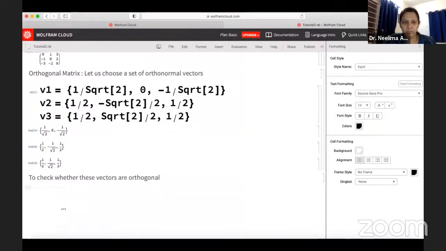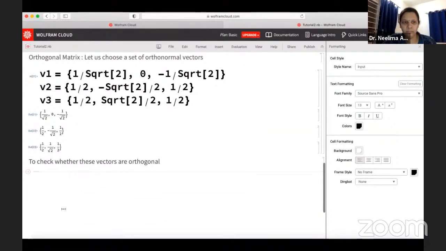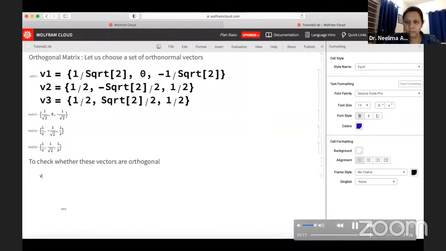How do I check that? I calculate V1 dot V2 in the same cell. Enter V1 dot V3. Again, enter